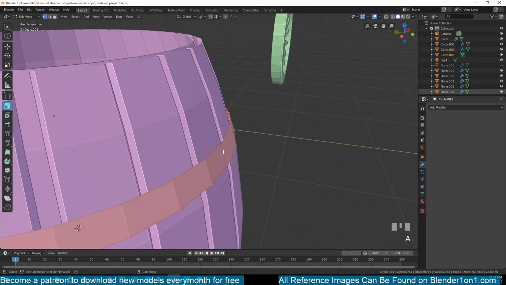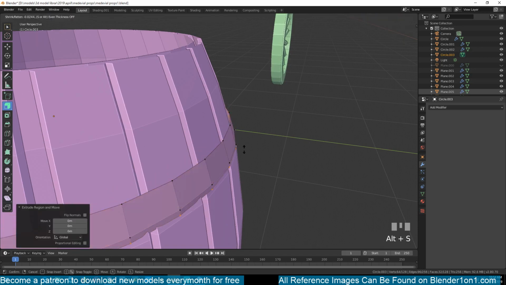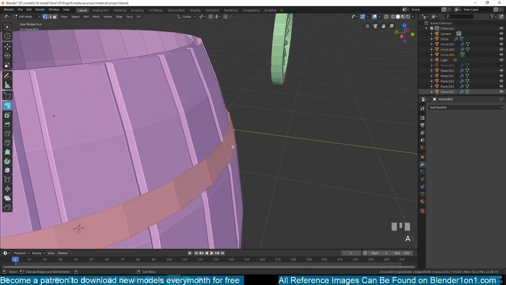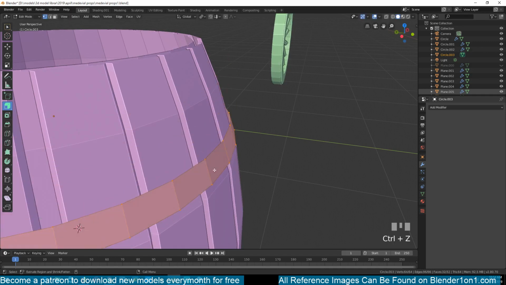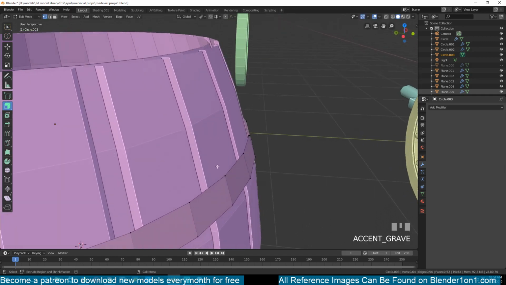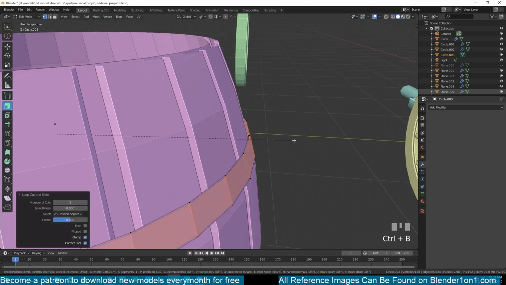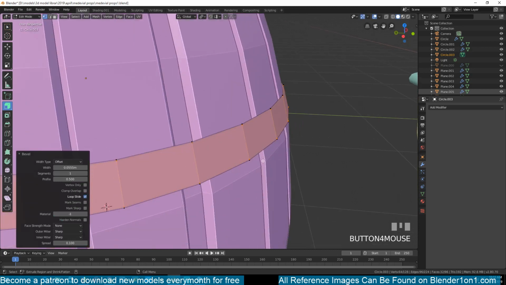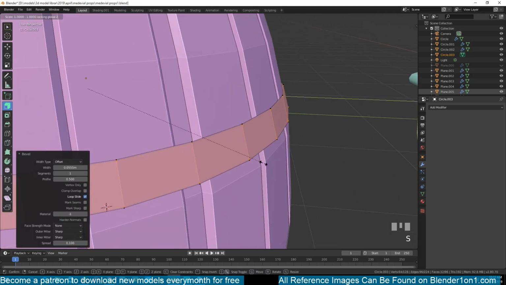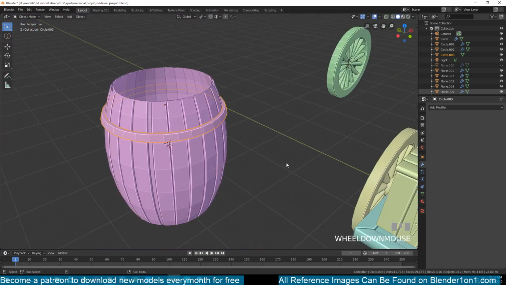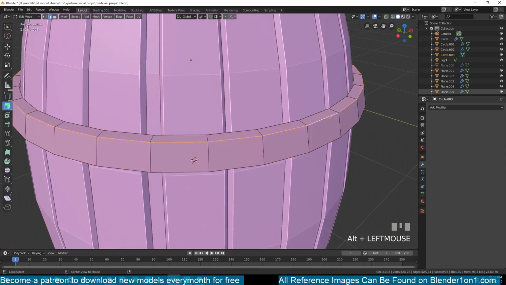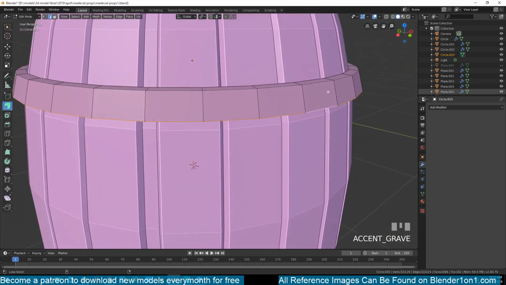So you can see that now I can extrude this along its normals. Sometimes you will have issues with the normals, so recalculate them and then Alt E, extrude along normals. I think this is a bug. If it doesn't work, just add a loop, Ctrl R and then Ctrl B to bevel that, remove the extra vertices. And since we have the loops we want, we can then scale them in the X and Y plane like that to have that. If you want to round off these corners, you just select those edge loops and then bevel them